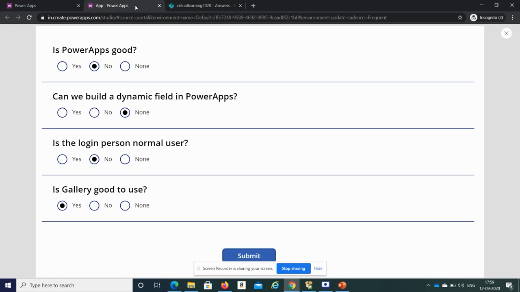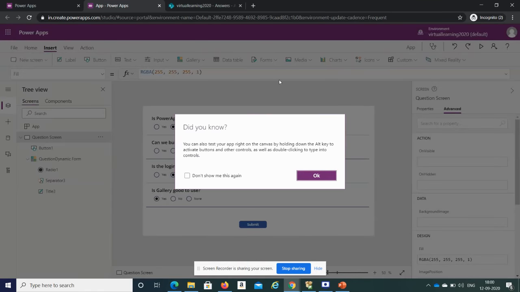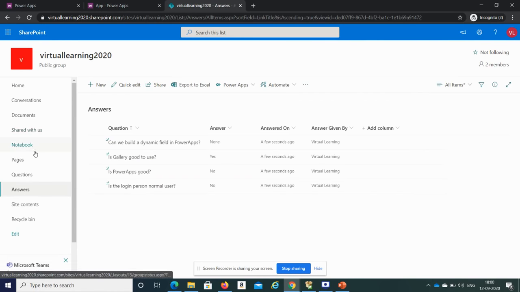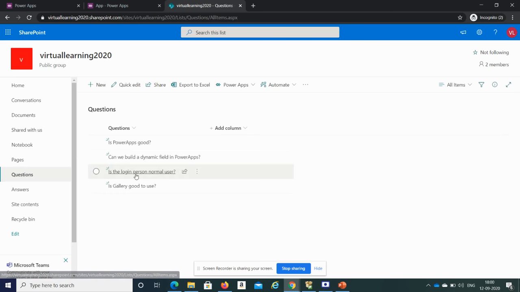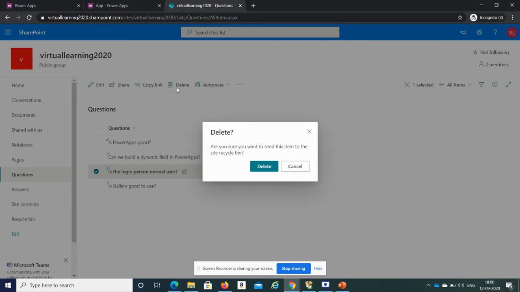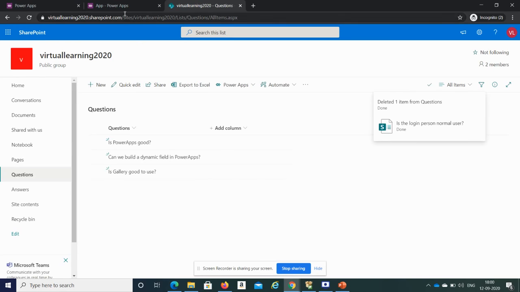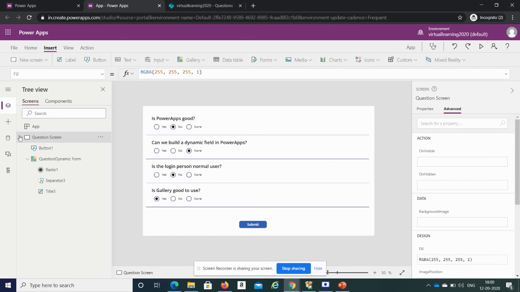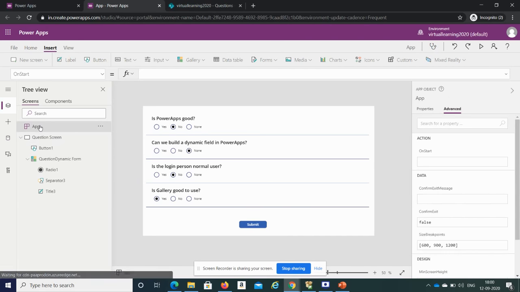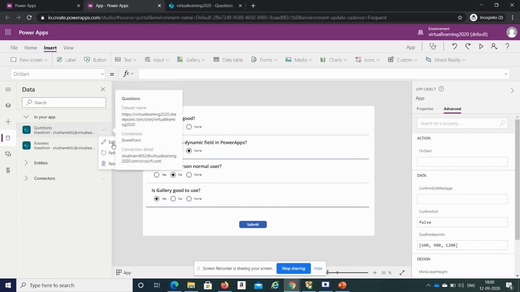So see, this way we can customize our dynamic form. So now it is showing 4 questions. Now if I go and delete one question, then in that case it will show me only three questions. I will just delete it. I will just refresh the data source of the question.